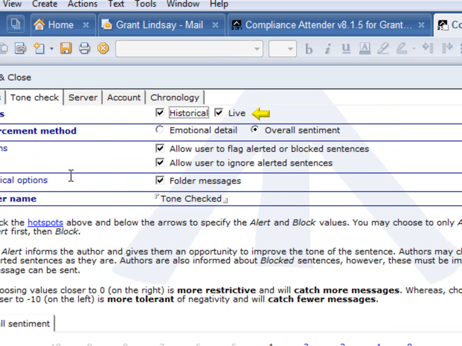The live tone checking is what I demonstrated previously, where we analyze a message immediately as it's being sent and then prompt the user to make corrections as needed. Historical tone checking doesn't actually stop a message, but it looks at messages that have already been sent and collects statistics about them based on the tone, and that will help us collect a baseline or see how users' tone